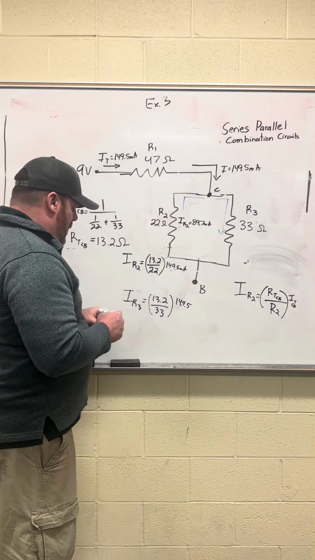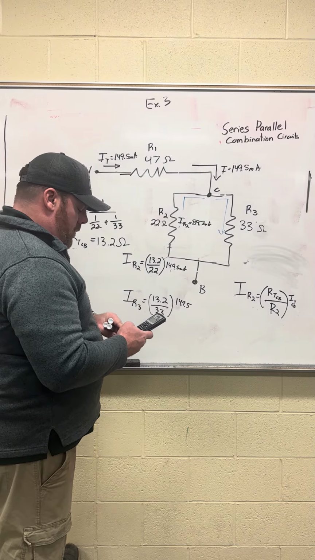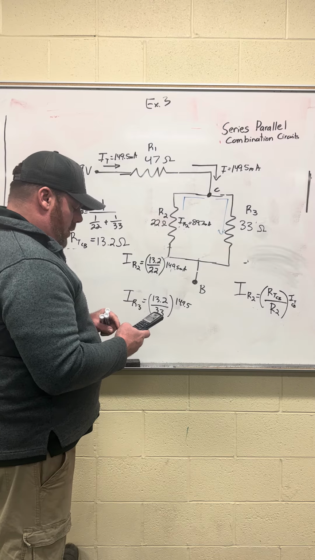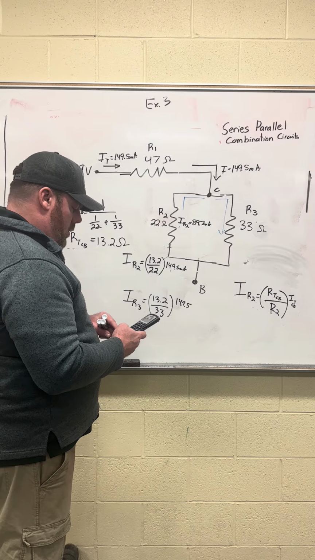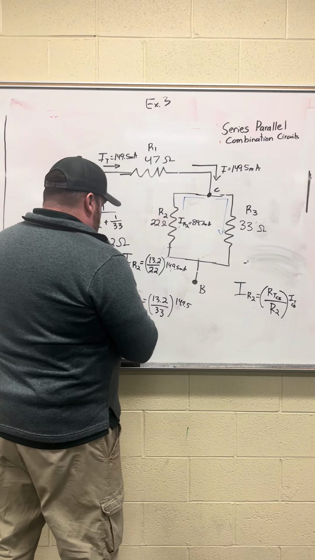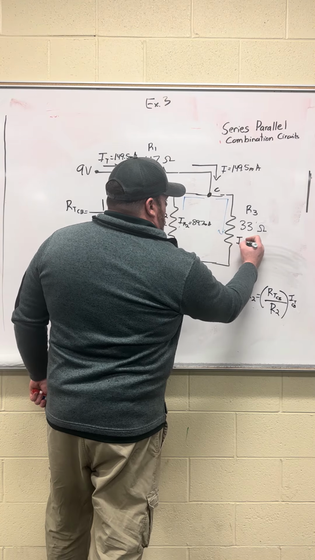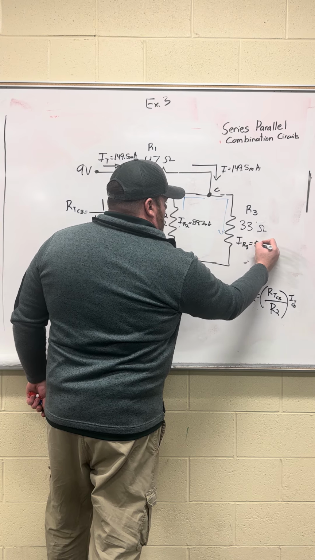We're going to do it this way just to make sure the math comes out correct. And it says that it would be 59.8. So the total current passing through R3 is going to be 59.8